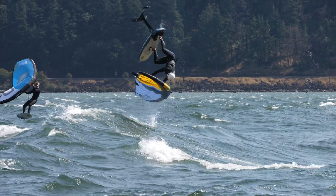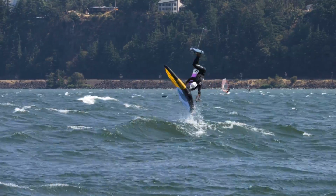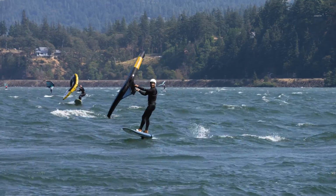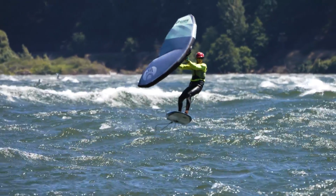With safety, of course, there's your protection. You'll see some wingers that do freestyle, and they have a helmet on, because they're doing flips and spinning with their foil, it's pretty dangerous. So most of those guys are wearing helmets, and many riders in normal conditions with the wing are maybe not wearing too much protection. But when you step into a high wind situation, things happen a lot faster, and there's